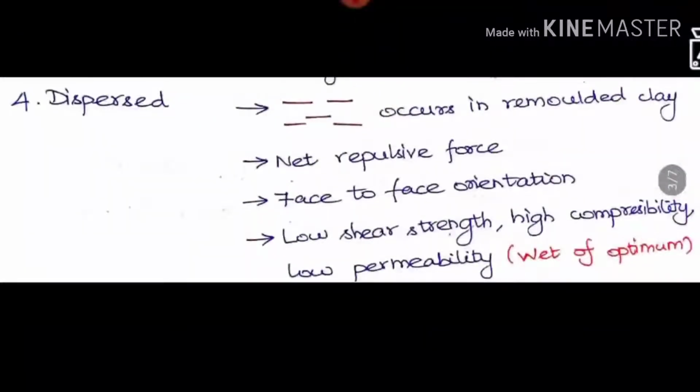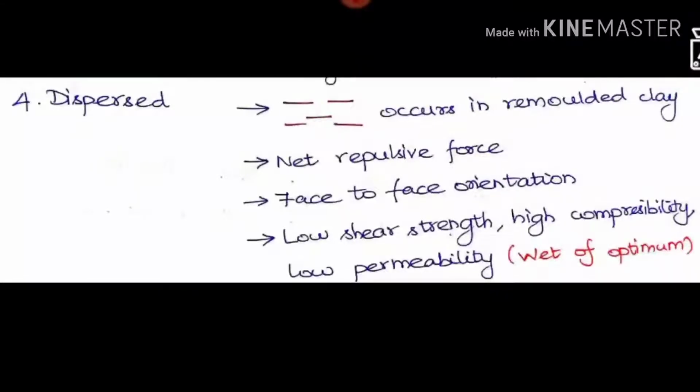And the next one is the dispersed type structure. So this is opposite to the flocculated. Here the face to face orientation of the soil particles will be present, so that it will not be very tightly packed,